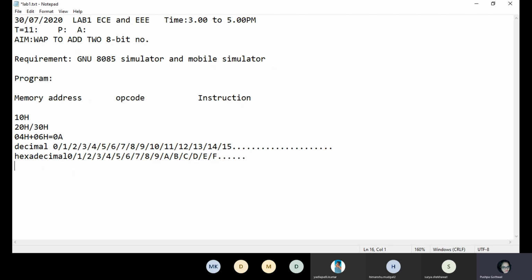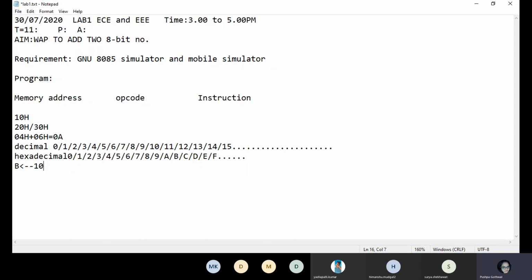Whenever we are programming the 8085, the first thing is that we have to write an instruction. To add the two numbers you require two instructions. The first is an instruction which can load a value in a register.